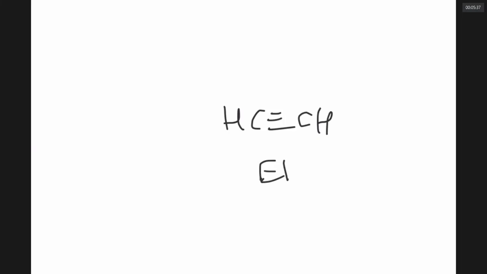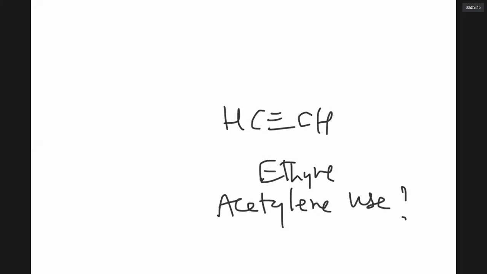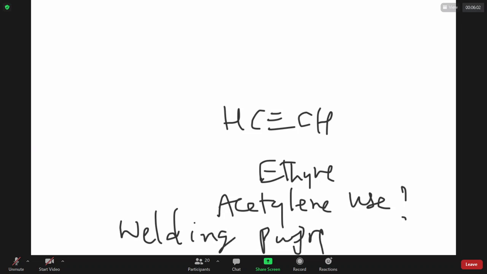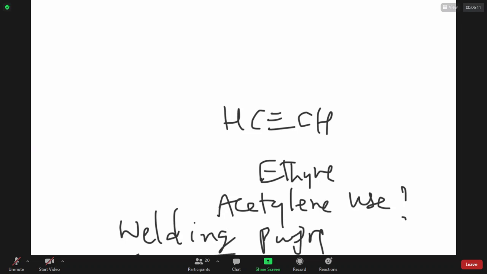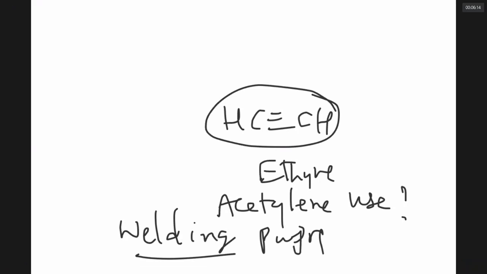Acetylene is also called ethyne. What is the use of acetylene, sir? What is the use? Acetylene gas is used for welding purpose. On the roadsides, some people will be blowing flame onto two metal sheets and fixing them together. That is called welding. The gas which is used for combustion is acetylene gas. Actually, it is combined with oxygen gas, called oxyacetylene flame, used for welding.